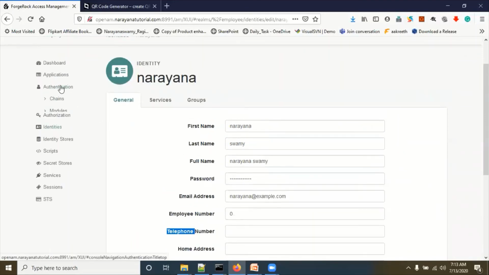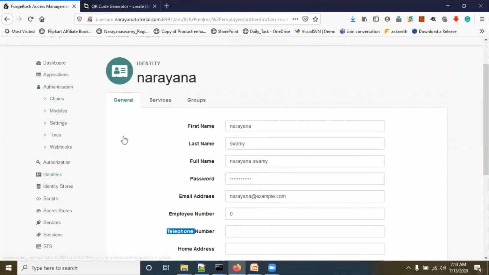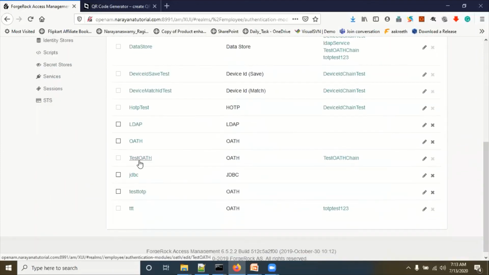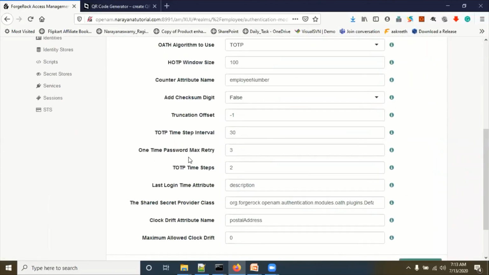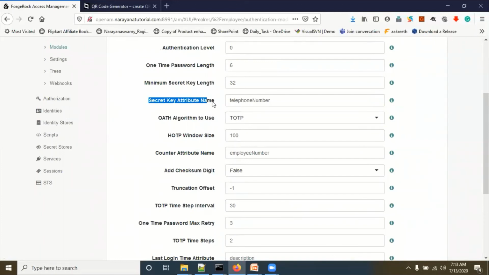Let's go for one more verification. Let's go to our modules, test OAuth. Here you can see the secret key attribute. What have we given here? Telephone number. So the secret key attribute name we have given is telephone number, so we have to give the Helix encrypted string into the telephone number attribute at the user level.